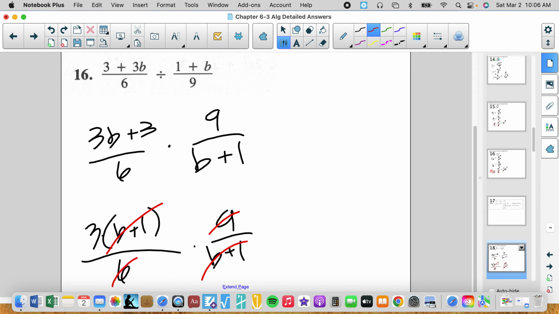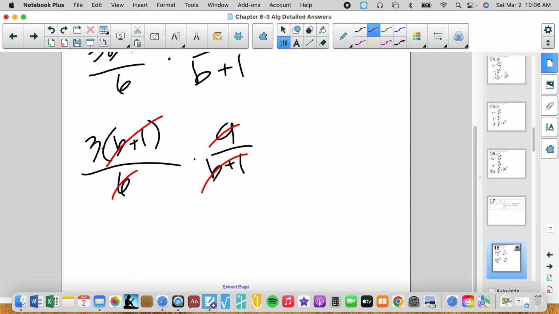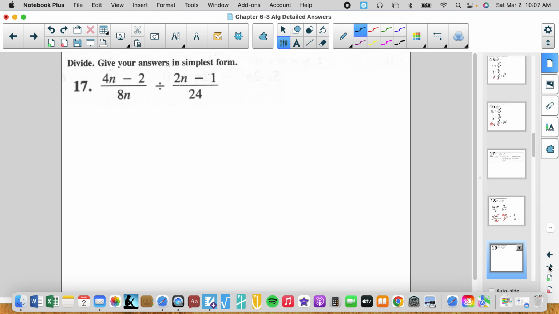Another issue that I see many students struggling with. So what goes into 6 and 9 is 3. 3 goes into 6 twice. 3 goes into 9 3 times. And now we are left with 9 over 2. And we can leave it as an improper fraction. So I'm going to factor this as I go. I'm going to factor out a